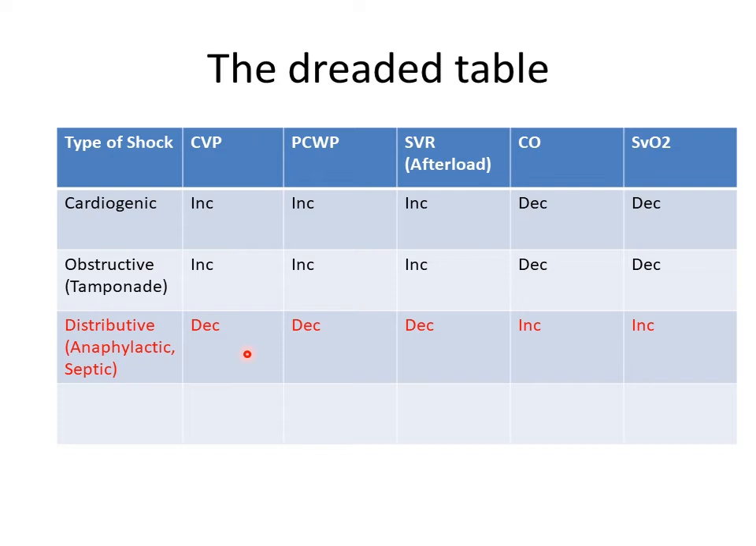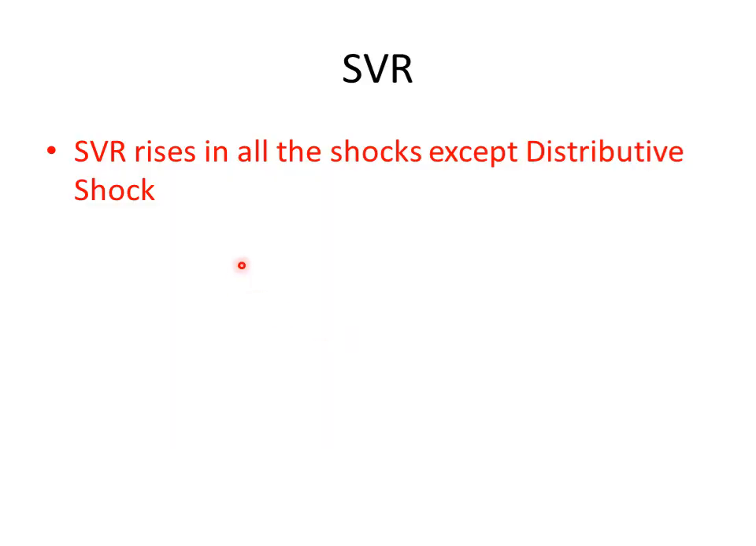Now look at this distributive shock. It's kind of an oddball. You can see that it has gone in the opposite direction as to cardiogenic and obstructive shock. Distributive shock has gone the opposite way. See? Now we have to fill in this obstructive shock or the tamponade. So in this also, the basic concept of shock is that the tissue perfusion decreases, the cardiac output has to decrease. So in obstructive shock or tamponade also,